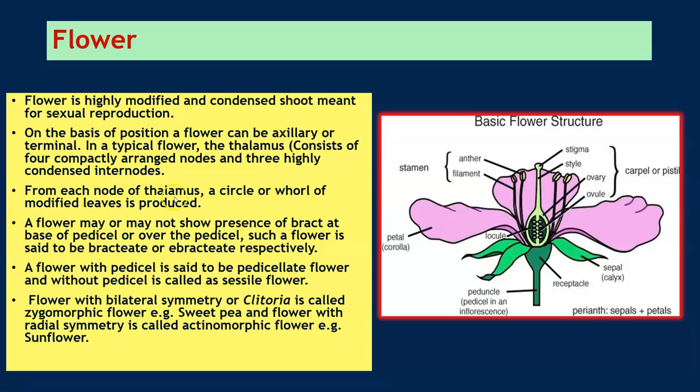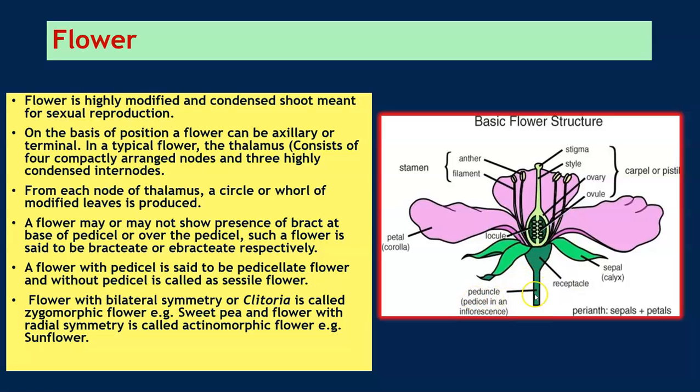From each node of the thalamus, a circle or whorl of modified leaves is produced. These leaves are the petals of your flower. A flower may or may not show presence of bracts at the base of the pedicel or over the pedicel. This is the pedicel. Such a flower is said to be bracteate or ebracteate respectively. A flower with a pedicel, this is your pedicel,